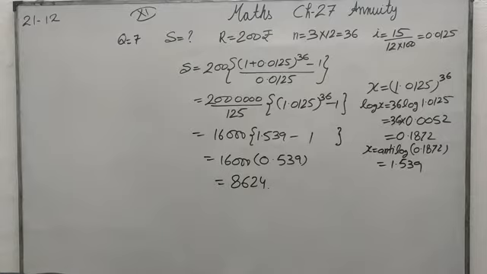Let us see question number 12. A man deposits rupees 5,000 at the end of each year for 5 years. He made the first payment at the end of 97 and the last payment at the end of 2001. How much should be there on 31st December 2001 if the rate of interest is 10% compounded annually? This is exactly the same type of question which we have done previously, so we are not going to do it.